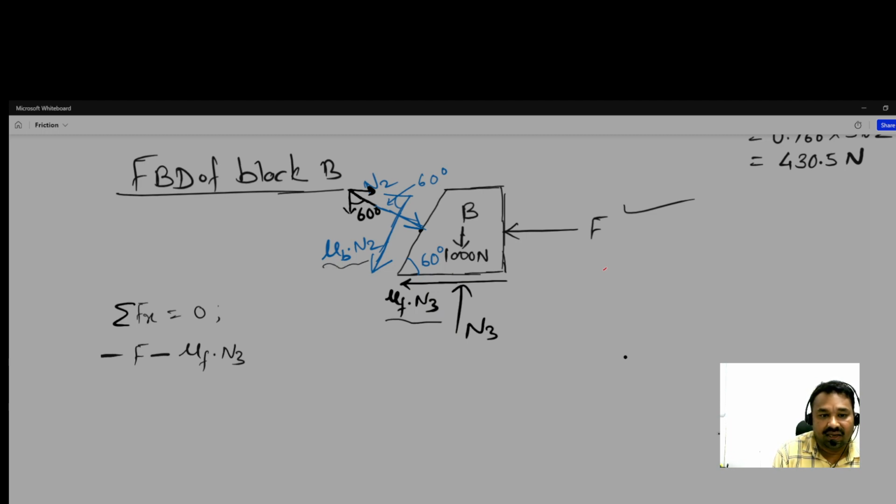It is acting in negative direction, so mu B dot N2, and what about this one? So it is N2, and the sin means we're taking the horizontal component of this, so the horizontal component will be cos 60, plus N3,